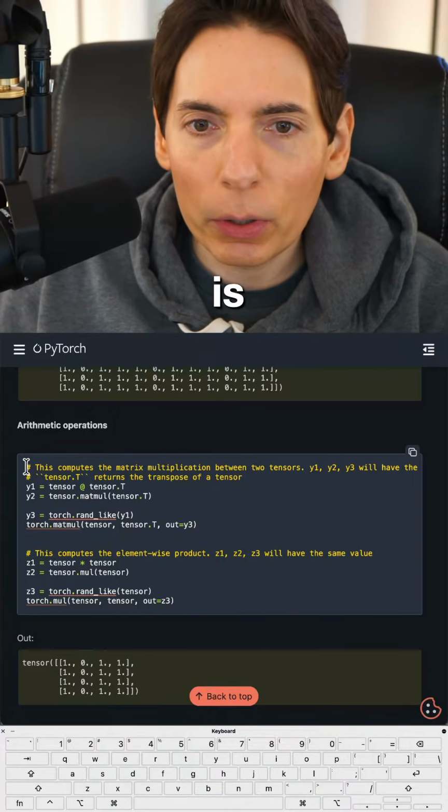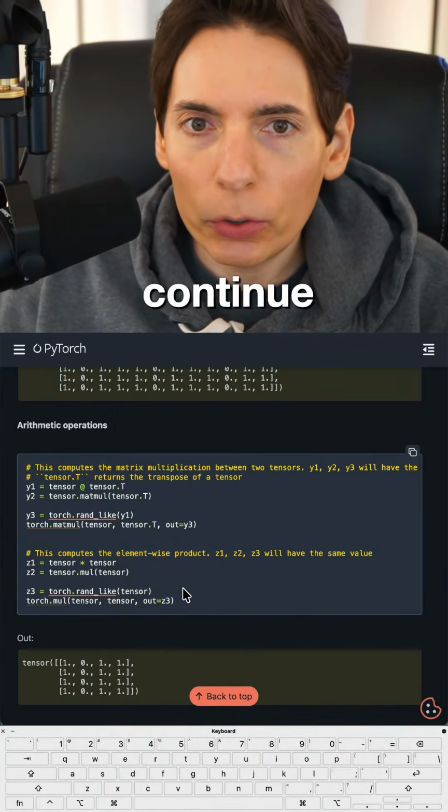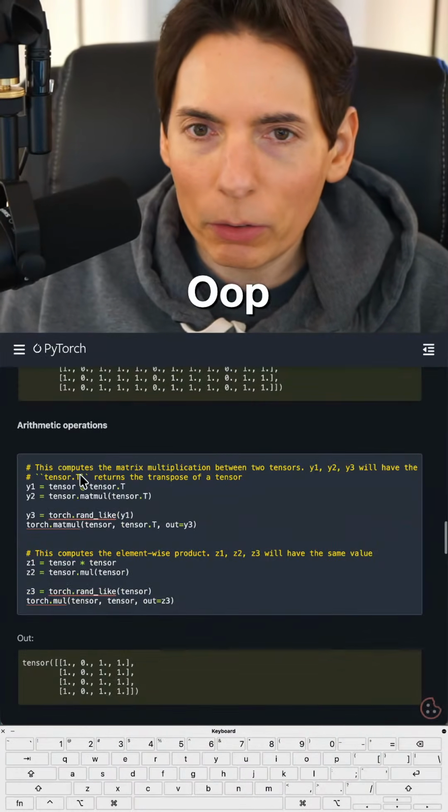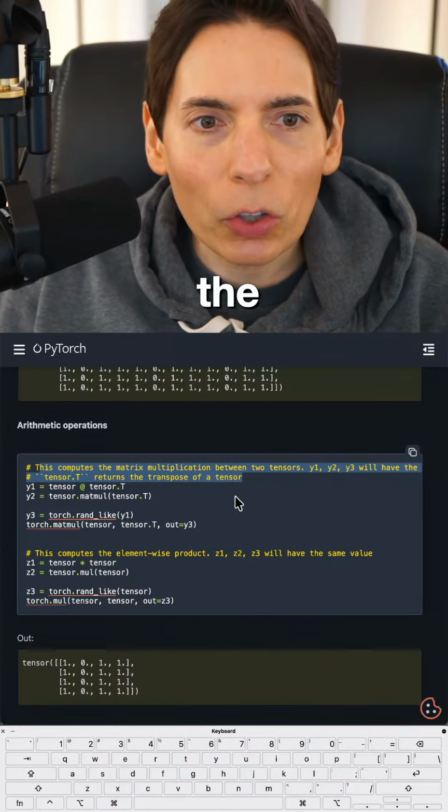What we're going to do now is go through the tutorial. We're going to start at the arithmetic operations. Oops, click the bottom button again. This computes the